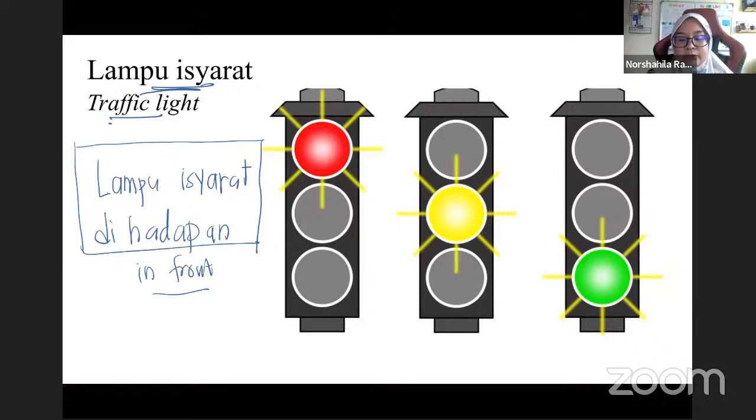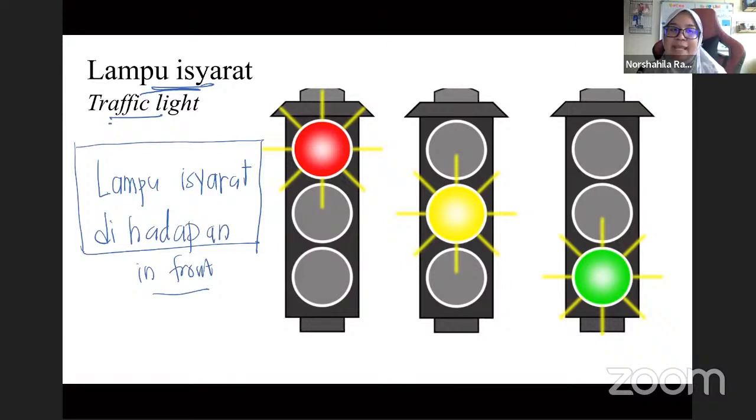Signboards in Malaysia sometimes are written in English and also Bahasa Melayu, or sometimes only in Bahasa Melayu, because the official language of Malaysia is Bahasa Melayu, but English is practiced widely. Some places are not really keen to have English words on their signboard. So remember that. This is lampu isyarat.